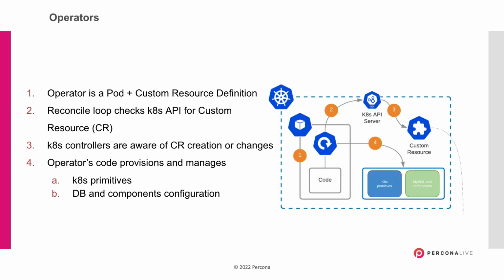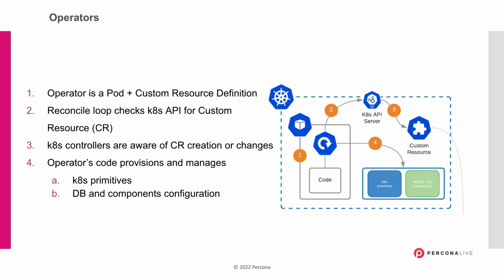And then how it works is that this operator application pulls the Kubernetes API continuously in a loop, looking for custom resources according to the custom resource definitions that the operator is interested in, right? The MySQL operator will be interested in this specific API, for example. And whenever the operator sees that the actual current state of the applications it takes care of is different from what is in the Kubernetes control plane definition, it will start taking actions in order to remove the delta between those two states.